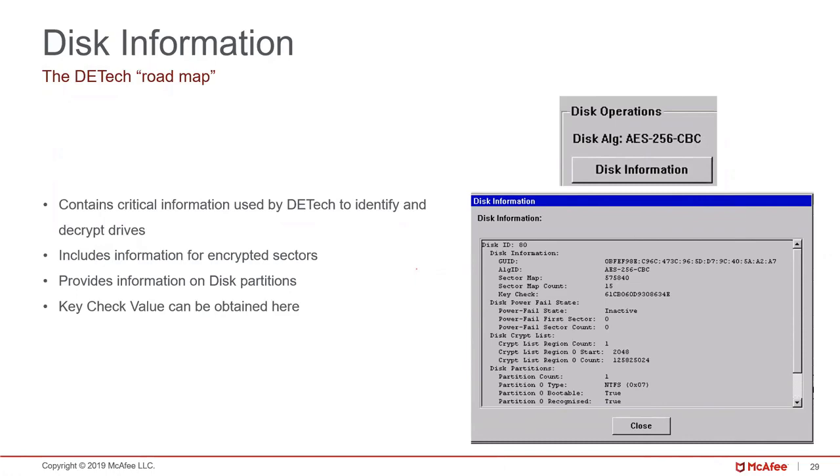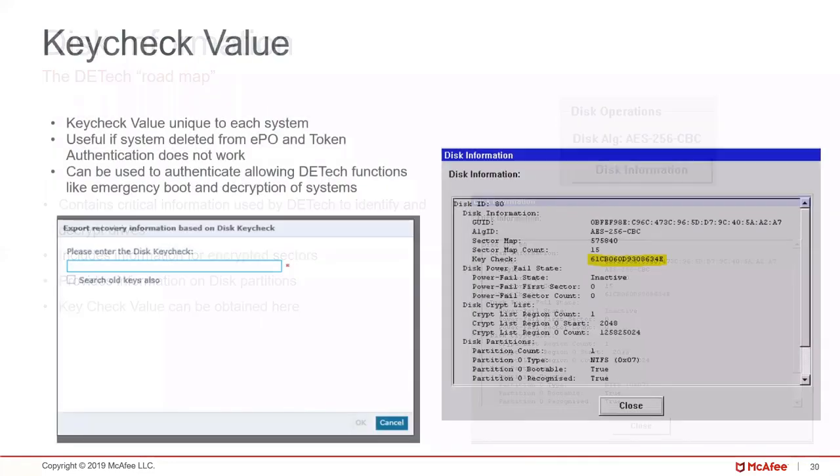That key check value can be very, very important in instances where systems are not able to be found in the EPO server. For example, if a system was deleted, the key check value is our option to use to obtain the recovery file. Whenever you take this key check value, it's highlighted over on the right. You can go into the EPO server, and in the system tree, without selecting a system, you can go down to the bottom and go to the actions menu, and under drive encryption, without a system selected, most options are